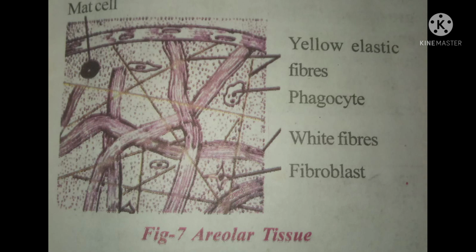Areolar tissue. Areolar tissue is one type of connective tissue which joins different tissues. It helps in packing and helps to keep the organs in place. These cells are called fibroblasts. These are the major components in this type of connective tissue. These cells secrete fibrous material which holds the other tissues in position. These cells also help in repair of the tissues when they are injured.